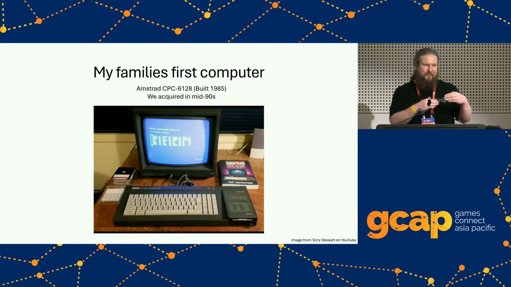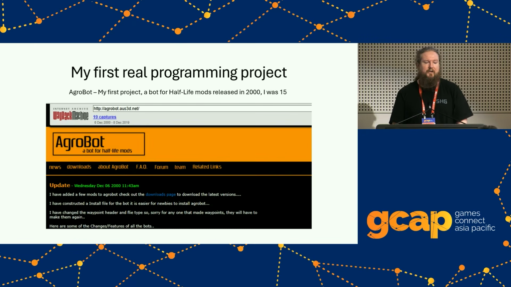In the back of the book, there were a few little code listings, and I learnt to write BASIC through that. My programming skills weren't that good at the time because I was still very young. But from that, I moved on to building other things. My first real project was a bot for some different Half-Life mods called Agrobot. It was based on an open source bot that someone else had built, I think primarily focused around Team Fortress Classic. I was about 15 at the time that I wrote this, or modified the initial one. It's very hacky. I think back on the code then, it was probably pretty awful.